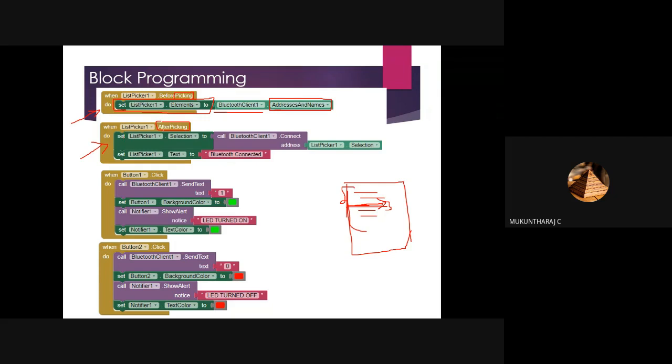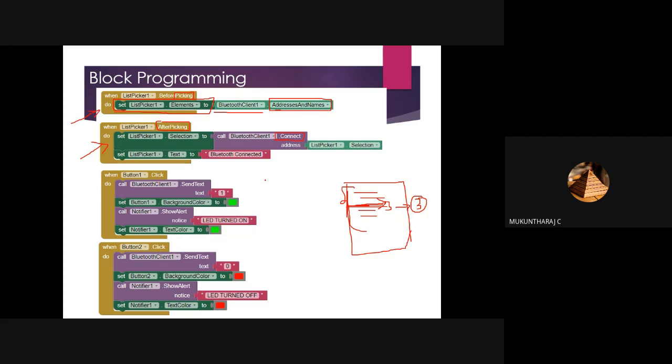The second rule is, you select something. As per this example, the third device is being selected. So the selection must be what? That is what we are going to give as a rule here. After selection, it is going to call Bluetooth client 1 to connect. Connection may be established only by the Bluetooth client.